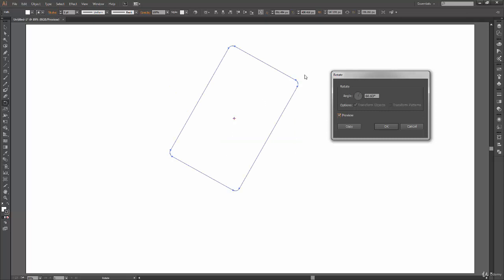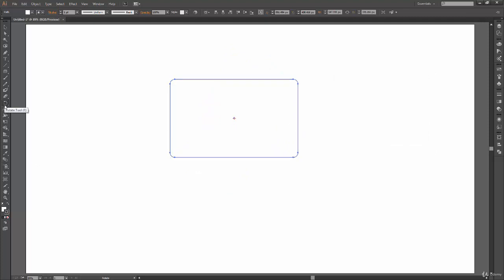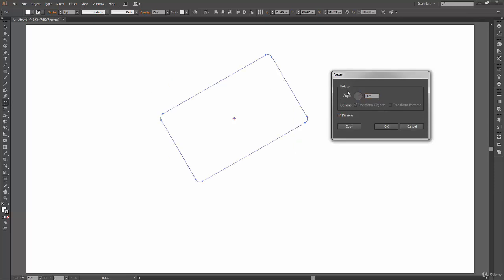And now you can click on preview to see what changes this option is going to bring to your original shape. Now a word of caution: while changing the values, let's say I change it to 30 degrees, don't press enter to see the changes, because if you press enter, it will automatically click OK. So what you can do is, while changing the values, press tab instead of pressing enter. So now you can see what changes this option window is bringing to my shape. And when you are certain about the changes, you can click on OK, or you can click on copy.